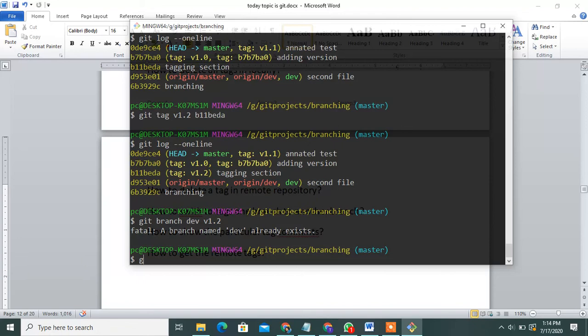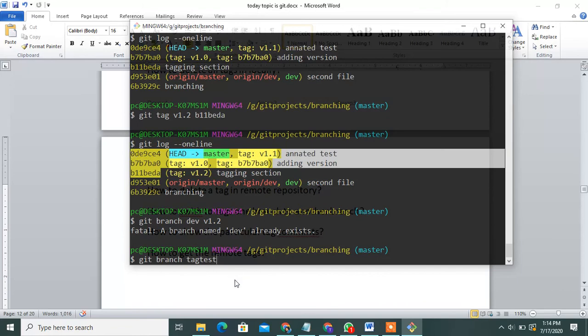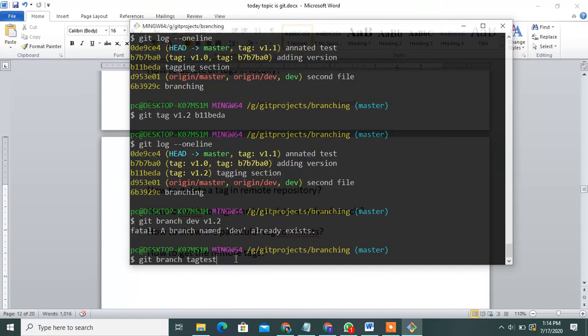It already exists. Okay, see git branch, you can check it, create another branch, tag text. Only these three commit IDs you can use to switch to another branch.